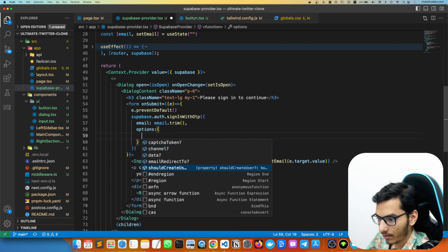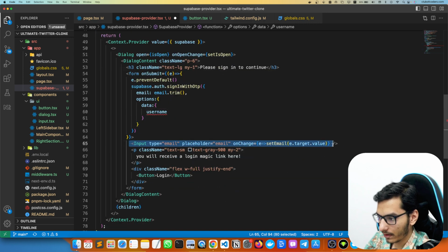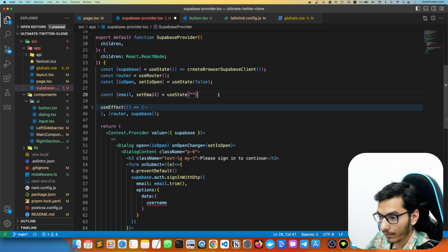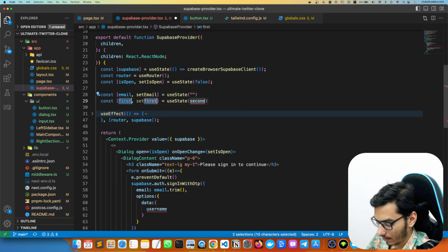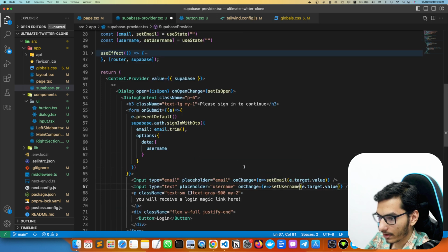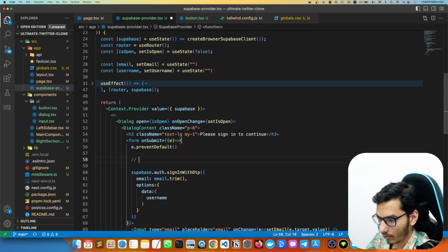And options are should create user data, and we also need a username, so we will define another field which is text placeholder username, and we will use another state. Use state username. It is by default empty. Set username, and we can say the minimum should be 3 characters long. Now if we pass the username, in the future we will also check if the username exists or not. First check if the username